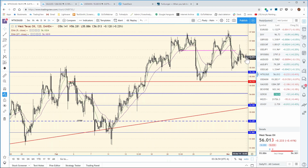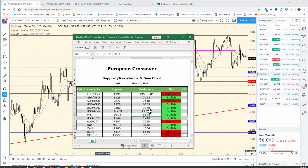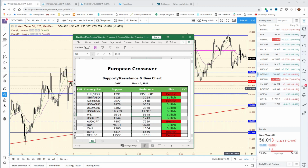We did see this thing pair back. Resistance is still going to remain this 56.48. That's going to be the resistance. Support